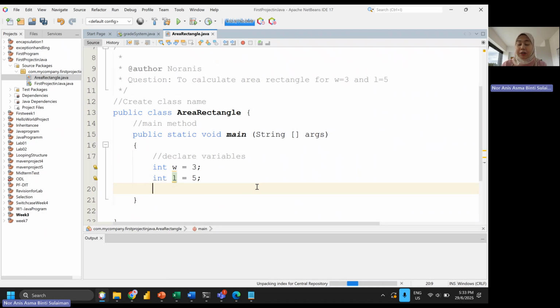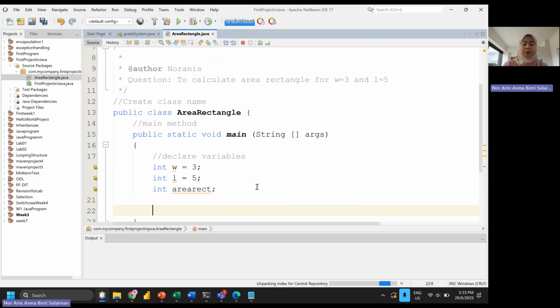Since our inputs are integers or whole numbers, automatically your output will be an integer. So we declare int, and I name it areaRectangle. So that is the declaration of the variables. Variables will be two things: your inputs, which will be used to process the output, and the output. So declarations must include input and output.